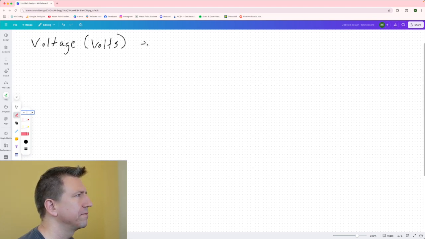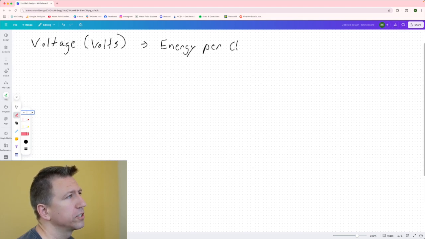What do we want to think about voltage? I like to compare it to energy. It's the amount of energy per coulomb of charge. So it's energy per charge. So when we're looking at a circuit and we have a power source or a battery,